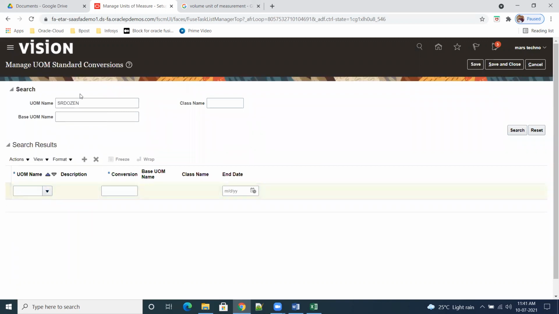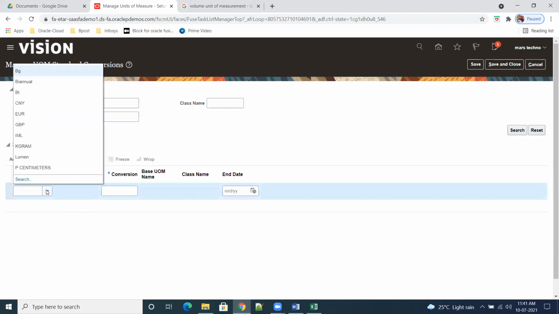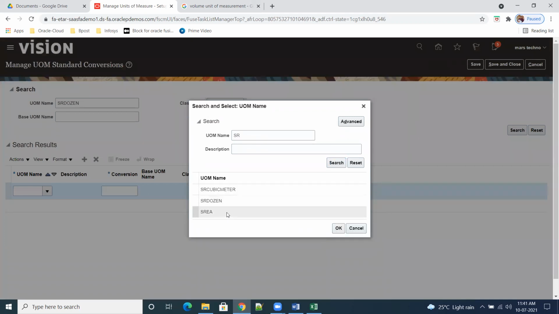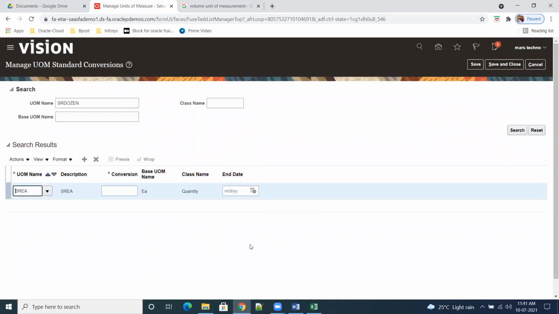So UOM is dozen here. What is the conversion? Each. What is the conversion rate? 12. This UOM name is dozen here.